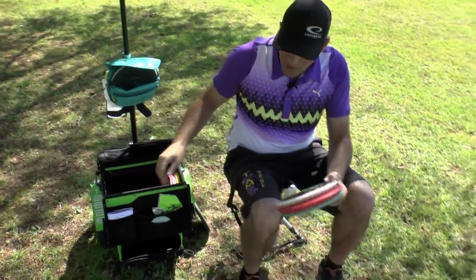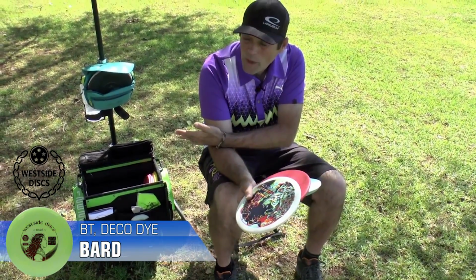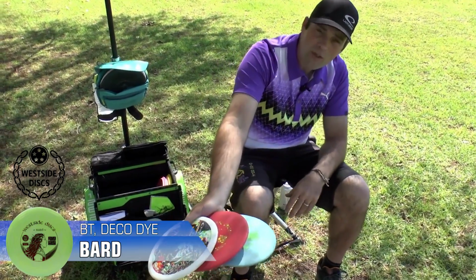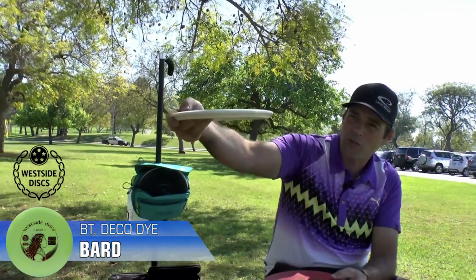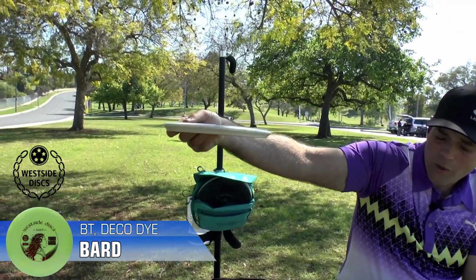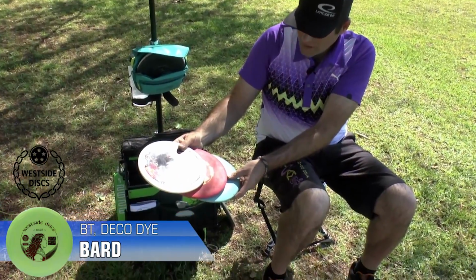And then I've got the 3 bards. I use those more to replace those in a wind. So on a calm day, I'm using those 3 maces for my approach disc, and on a windy day, I'm using these 3 bards. And I can count on these bards because you see it's a little flatter, a little thinner, holds the wind a little better. I carry the BT and the